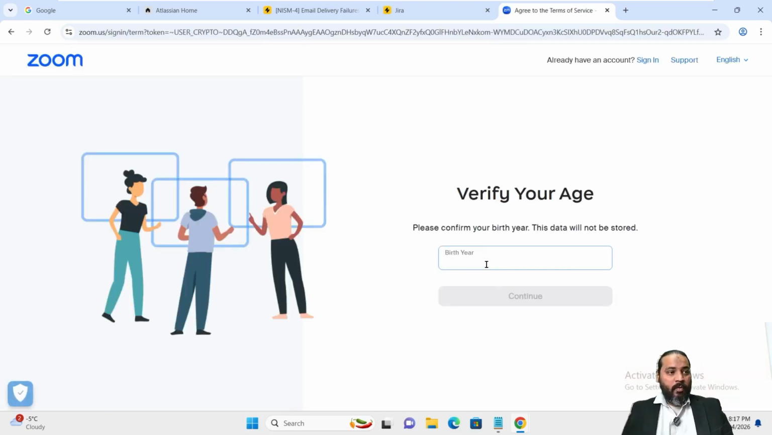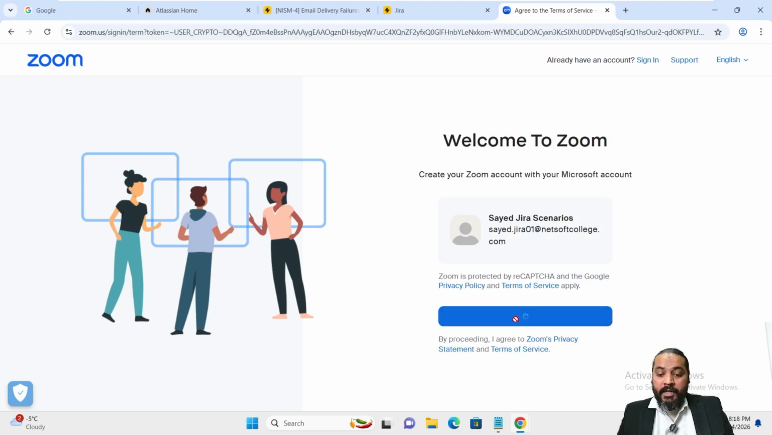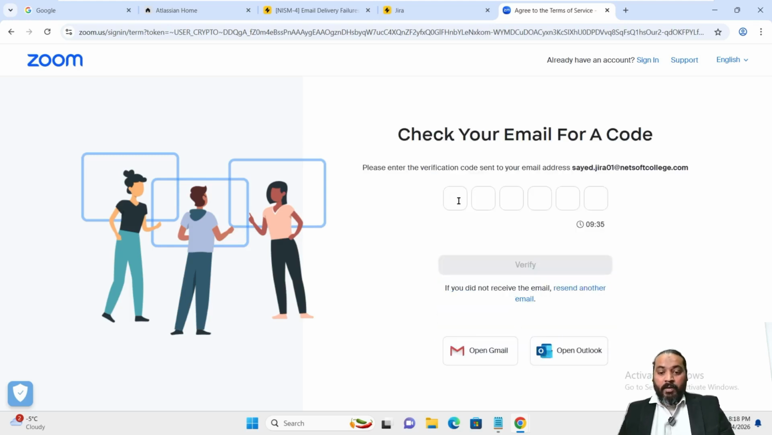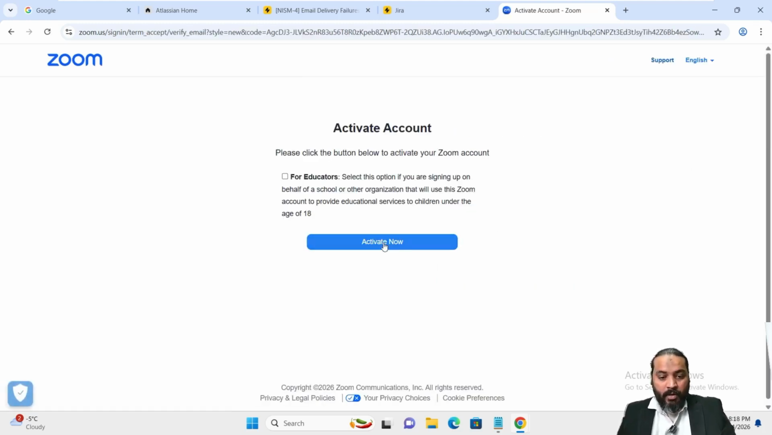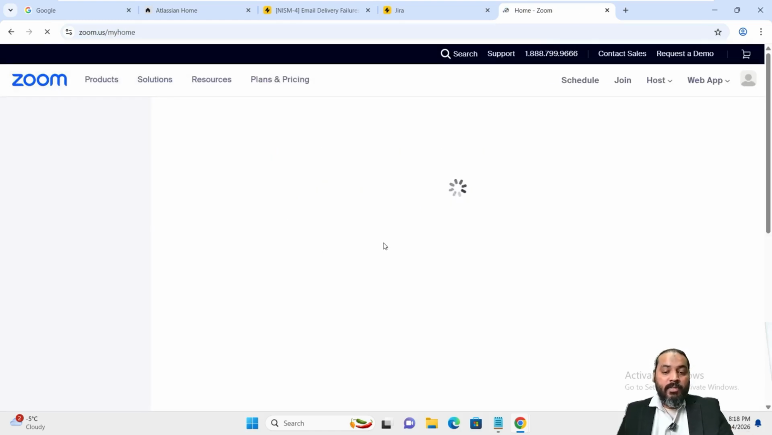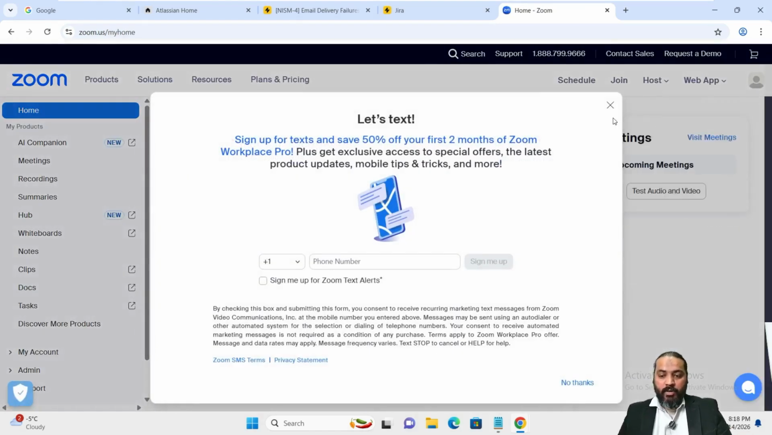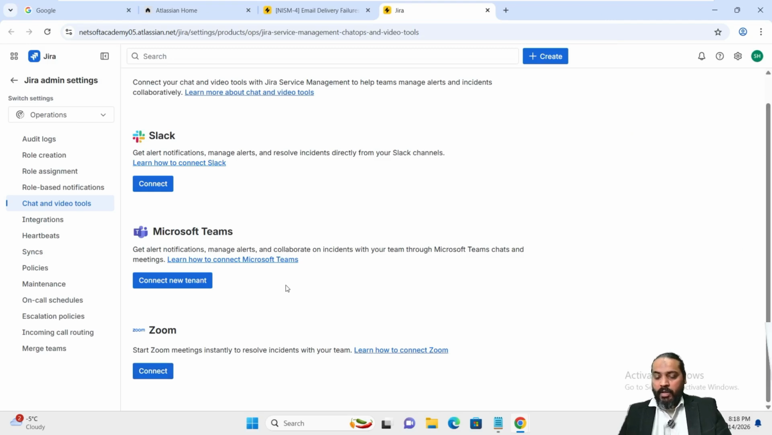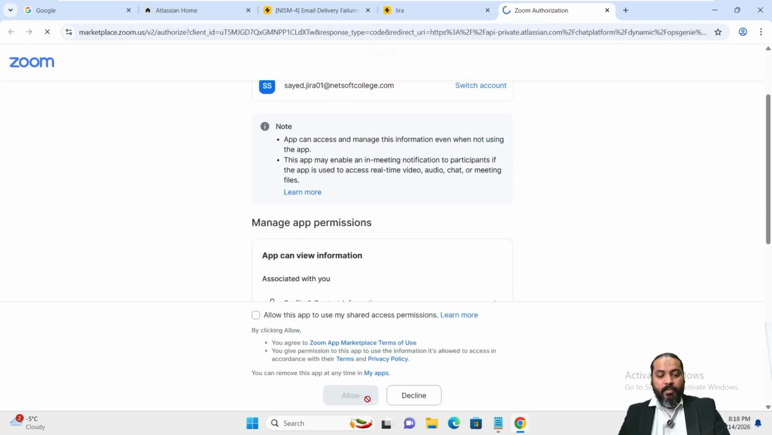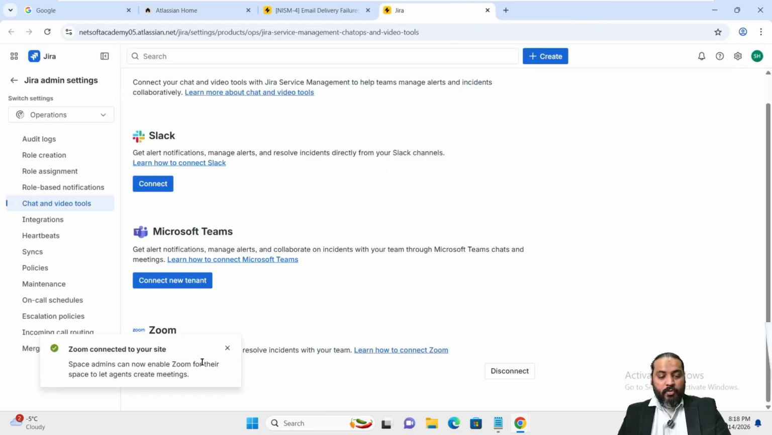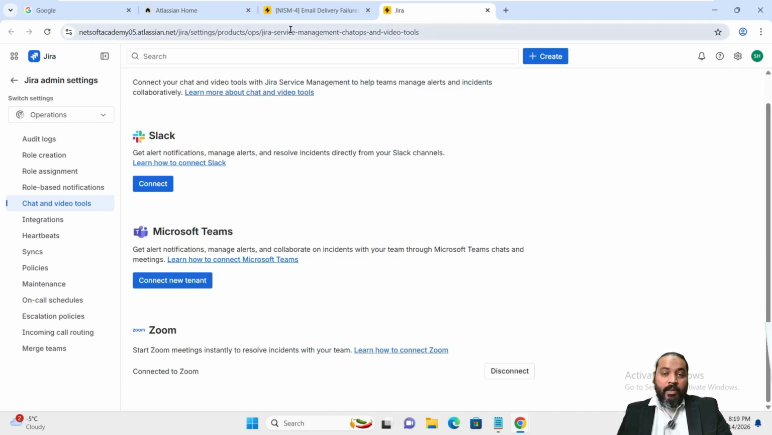Okay, now provide further details, because if you don't have an account, you need to create the account. I just need to click on create account. Give the required code. Click on verify. Click on activate. Now I'm activating my Zoom account. Okay, it's done. Zoom account is now activated. Let's close this. Okay, now let's click on connect Zoom. Here, click on allow. So Zoom is now connected. Okay, now let's go back to the